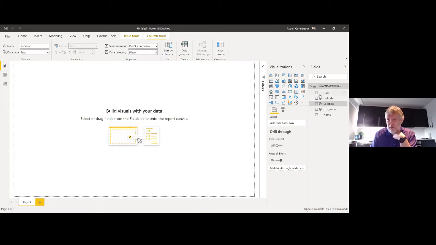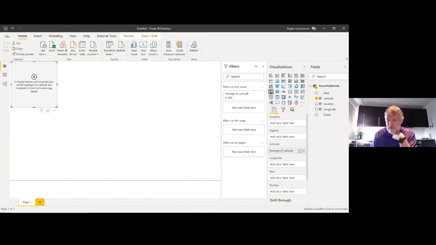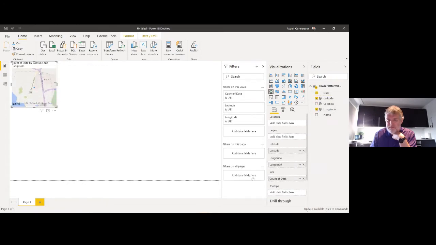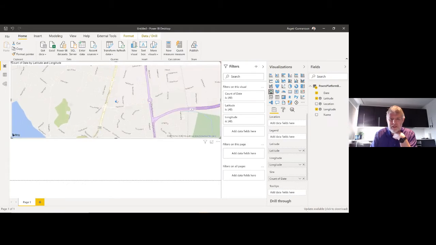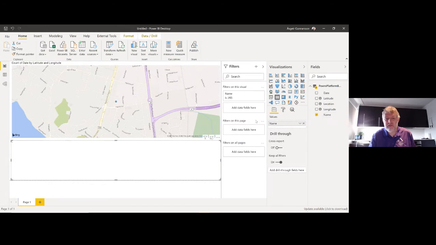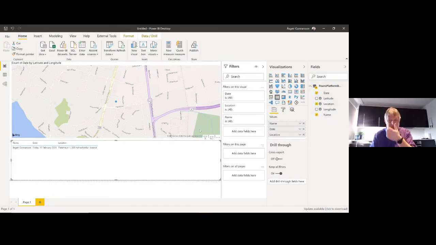I'm not gonna use that. I'm gonna use the latitude and longitude because it works very well. And I'm just gonna say let me do latitude and longitude, and don't do any kind of average. Don't summarize it. Latitude and longitude, and we're just gonna put the date as the size. So I'm gonna have this map here. It just has 1 point here in this address because that's the only thing we have in the data. I'm just going to put a table down here with the date and the address, and I'm just going to keep it like this.